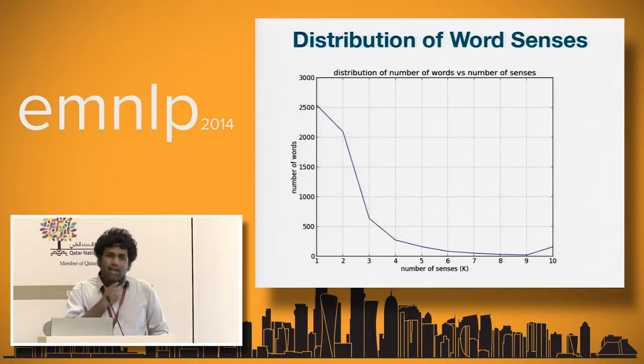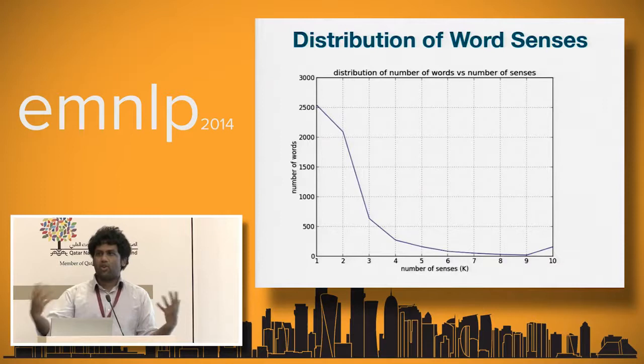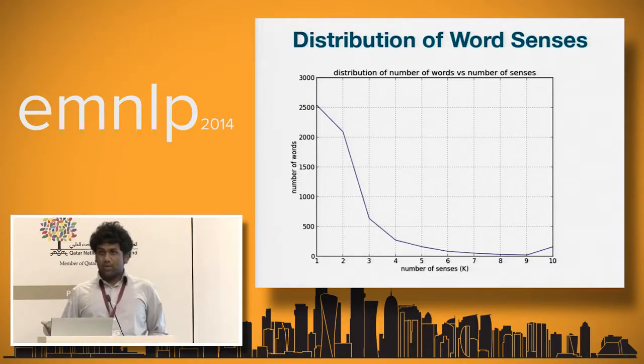So what is happening is sometimes we do get extra senses for words. I think you get some noisy context and you create a cluster. But a very easy hack to remove that is if a cluster does not get enough updates, you just throw it away. We did not do that because we do not have a very good way of evaluating these things.